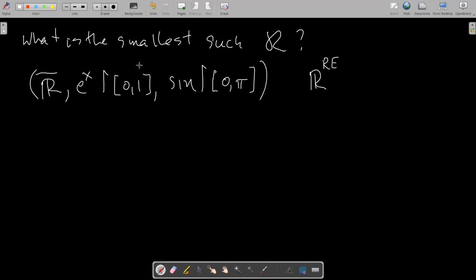And the reason why this is the smallest such structure, of course, is that once we have sine restricted to here, we also have cosine. We also have e to the x on any compact interval just by the homomorphism property. Similarly, we'll have sines and cosines on any given compact interval by the addition formulas. And it's known that all coordinate functions